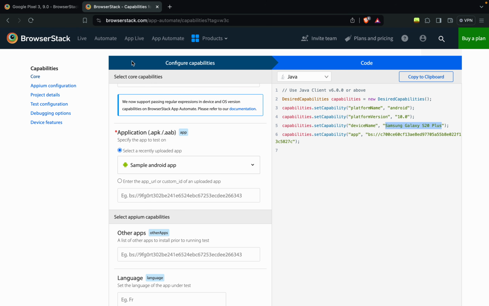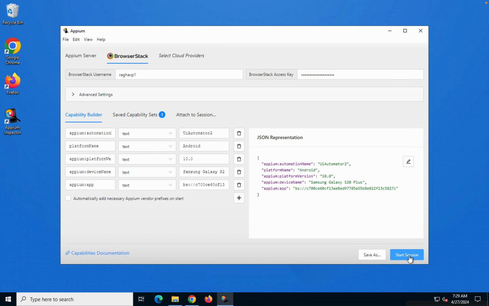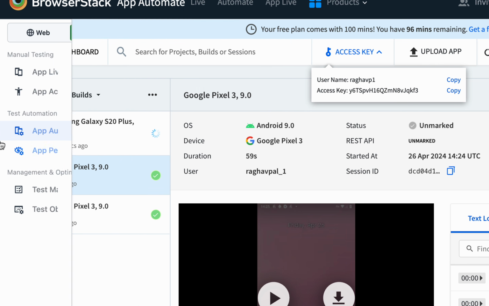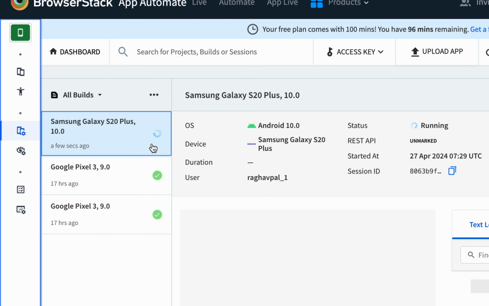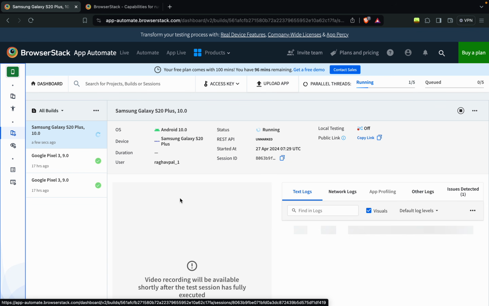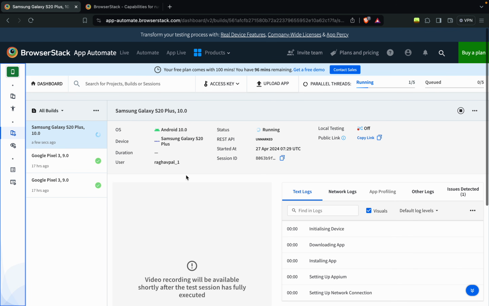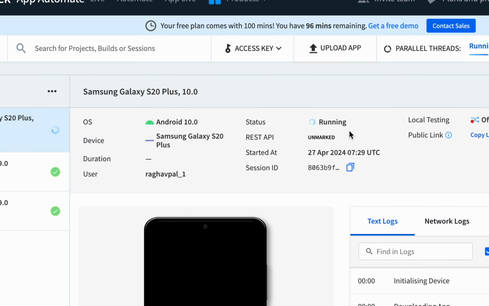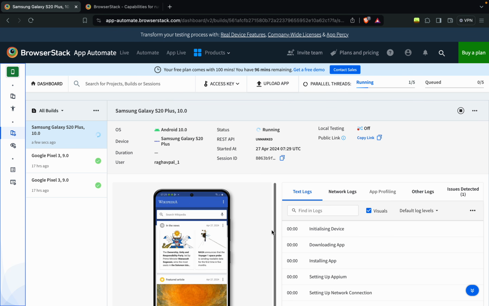So I will click on start session, and when you start a session you can also check your Browserstack dashboard. I have started it here, and on your Browserstack you can also see it is starting this session with Samsung Galaxy S20 Plus, and you will see the details here. You will also see a video here. Once this is started you will see all the details here. You can see this is Android 10 Samsung Galaxy S20 Plus. It is in running state, and you can see it has come here, and then it has also started here on your